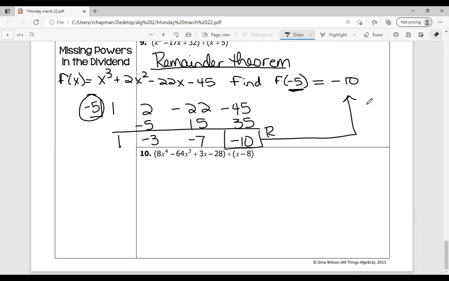Your call. Does not matter to me which one you do. But if they ask you for the remainder theorem, this is technically what they're asking you for, but just plug and chug or do this method, whichever one you want. Okay? All right. Now,